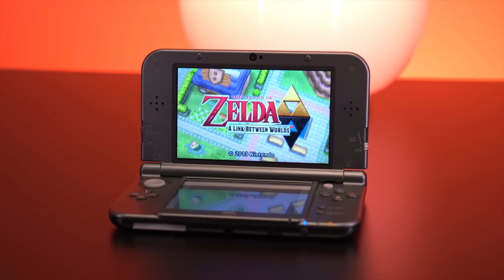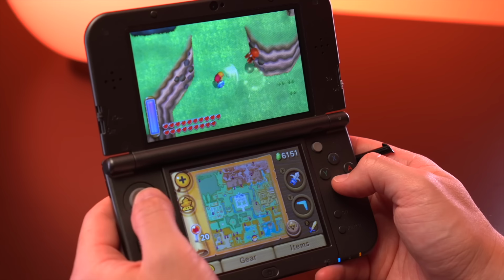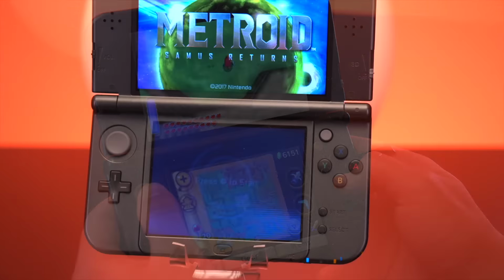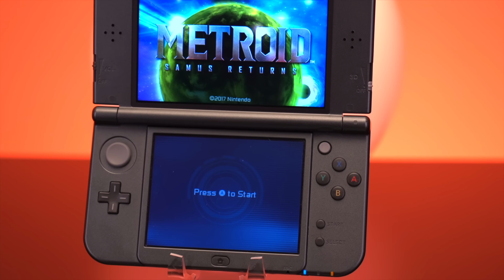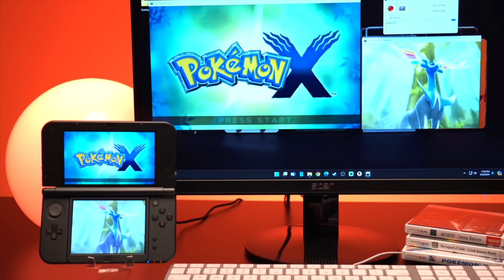The 3DS is a console that I've only recently begun to explore, and when checking out what mods are available for it, I found that it mostly consists of some pretty neat software-based mods, such as custom firmware and emulation options. However, when it comes to physical mods, the one that seems to be at the top of everyone's list